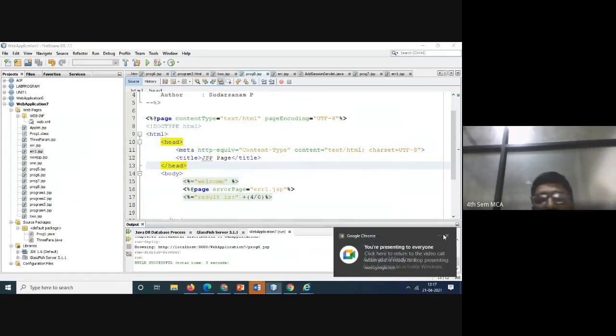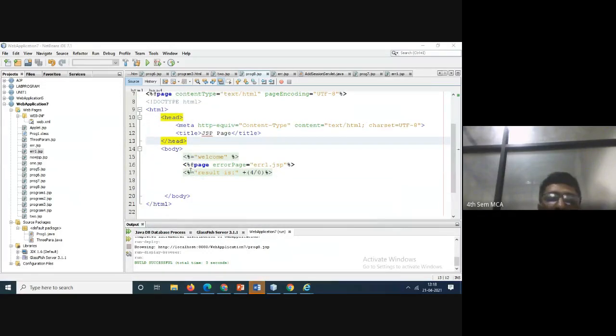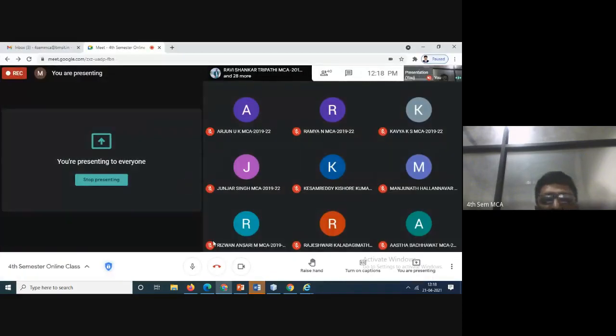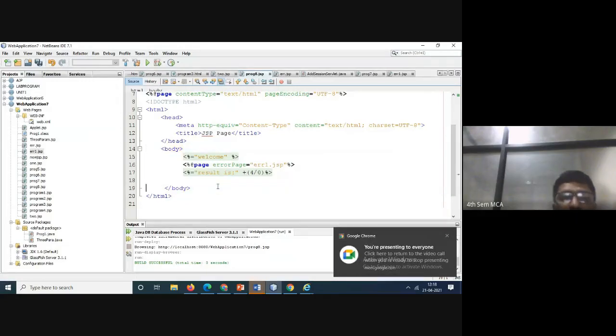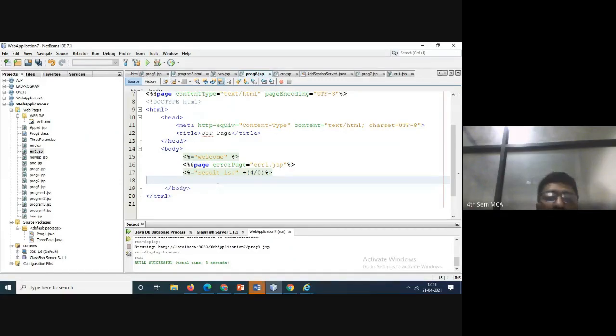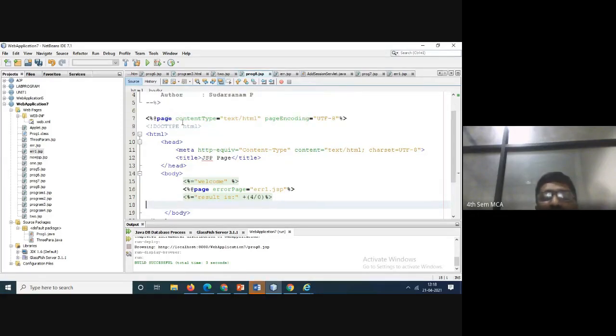So simple example only. If you want, you can add these lines. This body is there now, and within this body you have to add the code. Whatever body is there, you can include it and write it. For example, at page content type, automatically it will create the content type is equal to text/html. Whenever you change here, it will change here also. This is what the error messages are. I will just show you here. Is it okay? You can tell me. I will send it.